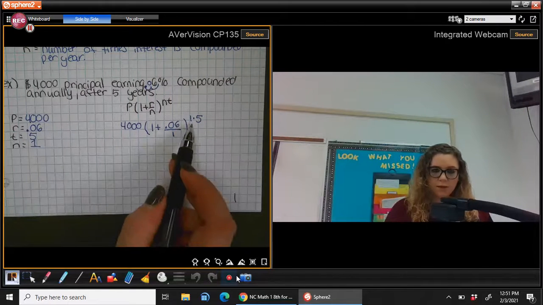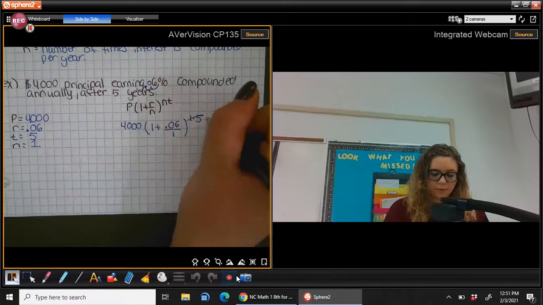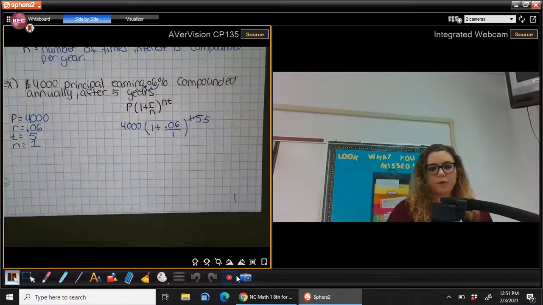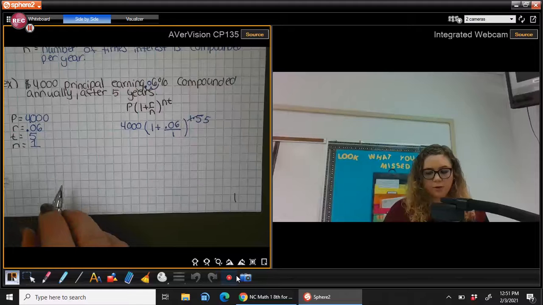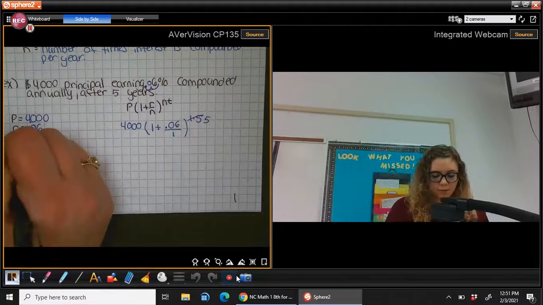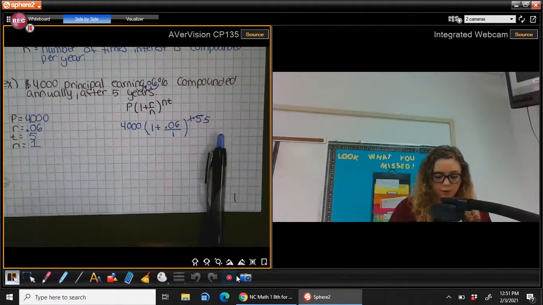Okay, 1 times 5 is going to give me 5, so we're going to just write 5. So for your calculator, there are different steps. If you're going to plug into your calculator, which you will have a calculator,